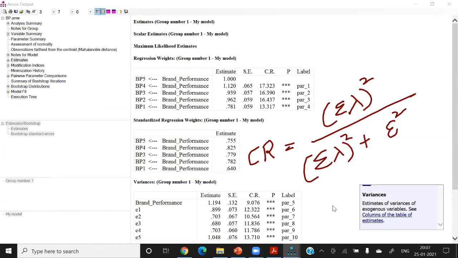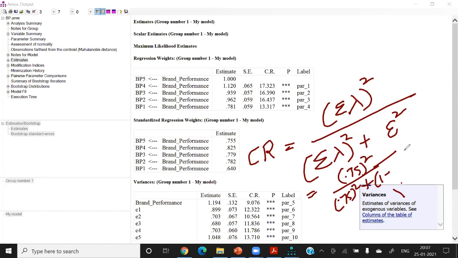So you can say here 0.75 square upon 0.75 square plus 1 minus.